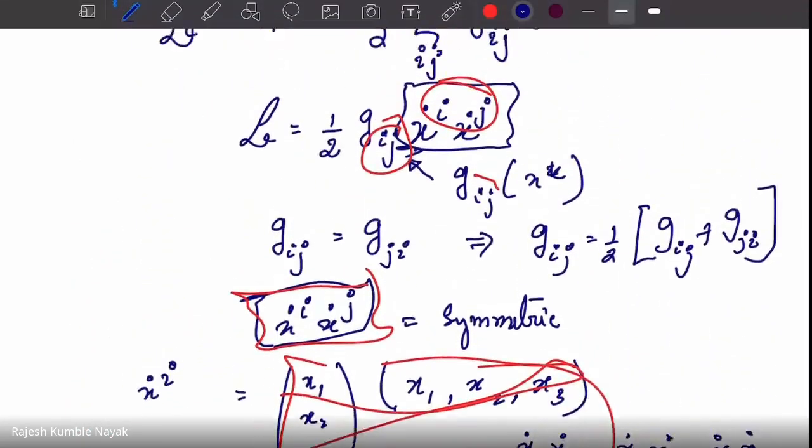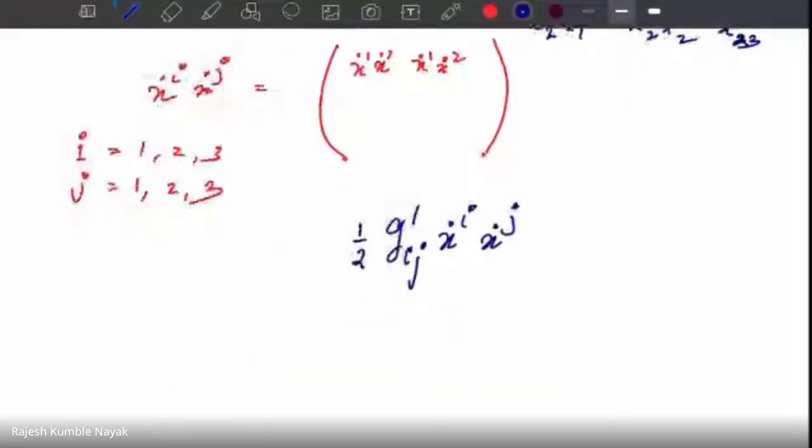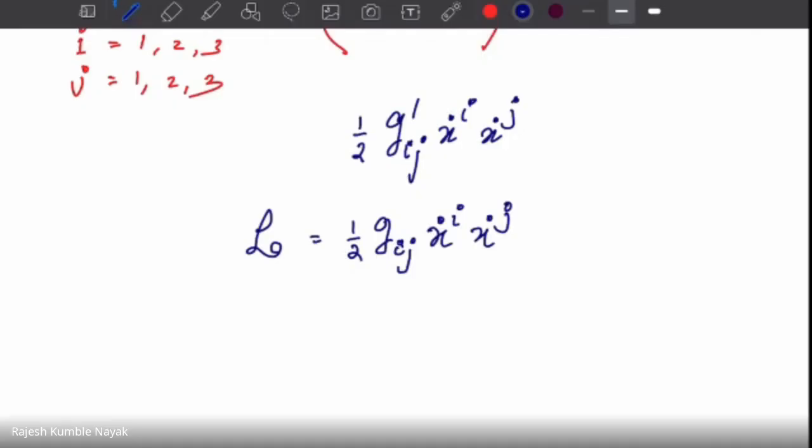So here you can essentially take this quantity as a symmetric matrix, and this also can be assumed to be a symmetric matrix. Technically, g_ij would be a tensor, right? Yeah, we call it a matrix now. There is a one-to-one transformation between a matrix and a tensor of second rank. So that is what would clarify your problem.